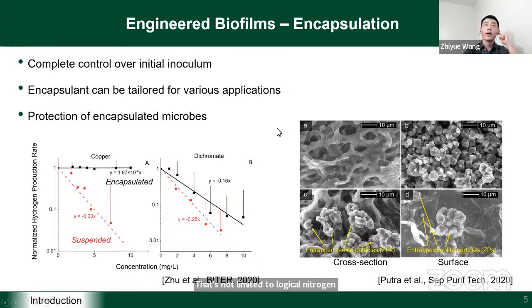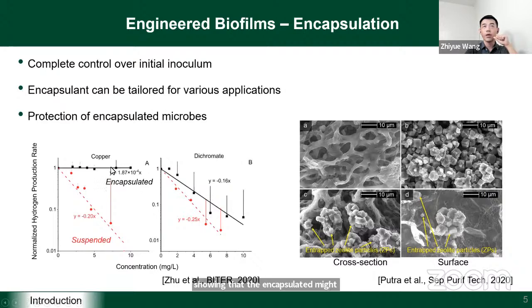And so the encapsulant can also provide protection of the encapsulated microbe. So here is a paper published by Dr. Novak's group back in 2020. They're showing the differences between a suspended culture of hydrogen-producing bacteria and an encapsulated culture of this from the same source. So the black line is showing that the encapsulated